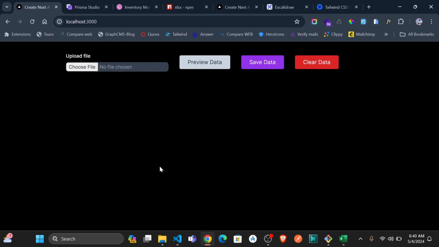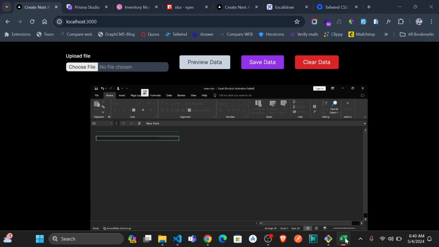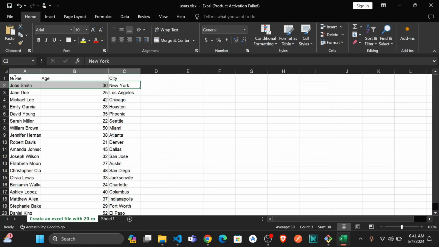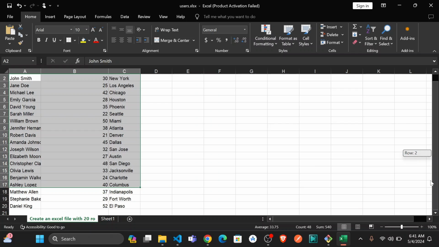upload an Excel file. Let me first show you the Excel file, how it looks like. So the Excel file looks like this. It has a name, it has age, city. Even when the names are in just like capitalized like this, we are going to see how to handle that. So you have this data, and this can be really much data if you want. Okay, so you have all this